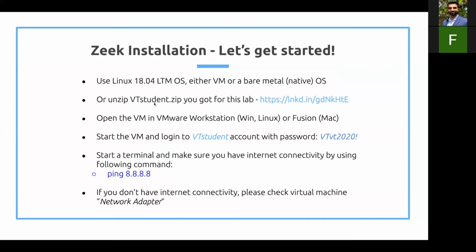Unzip the VT student.zip file. Here's the link. Open the VM in either VMware Workstation or Fusion. I will be using Fusion. So if you are on a Windows machine, you can absolutely go ahead and use VMware Workstation. Start the VM. The login is VT student account, and the password is caps VT small VT 2020 and exclamation mark. And then we will be checking the